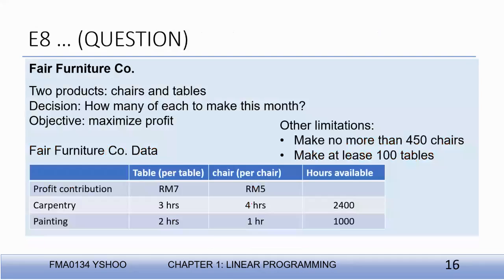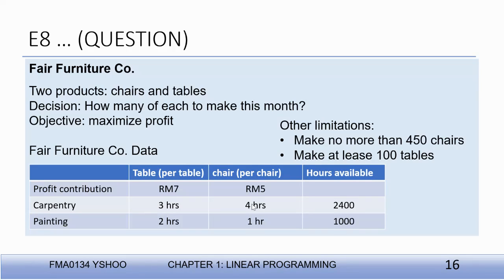How this really happens is, let's say the question is about a furniture company. You have two products. The first one is chairs, the second one is tables, and the decision is how many of each to make this month. The objective is to maximize the profit. The data provided is you earn a profit of RM7 per table and RM5 per chair, and then you have carpentry and painting limitations and so on. They also have other limitations. They said you cannot make more than 450 chairs, and you must make